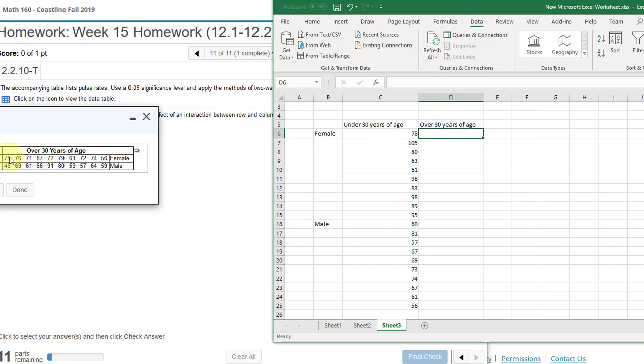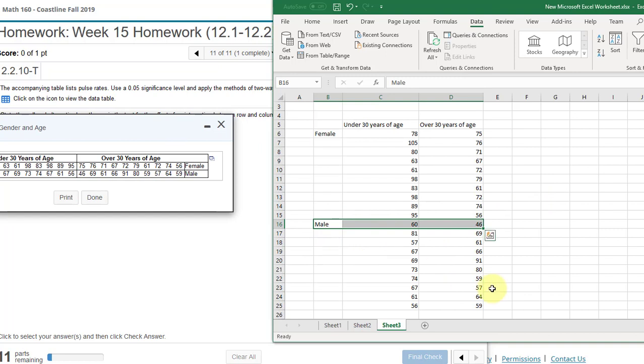Again, we have female. We have the first row data. So 75, 76, 71, 67, 72, 79, 61, 72, 74, 56. And then we have the male: 46, 69, 61, 66, 91, 80, 59, 57, 64, 59. Make sure you put the male right in the line that we stack to have the data of the male. So below this row are all the data for the male. Okay, so now we are ready